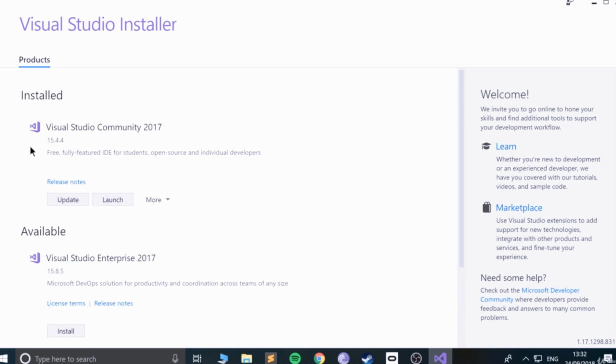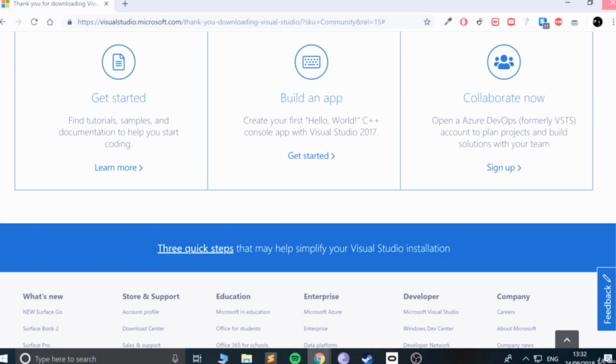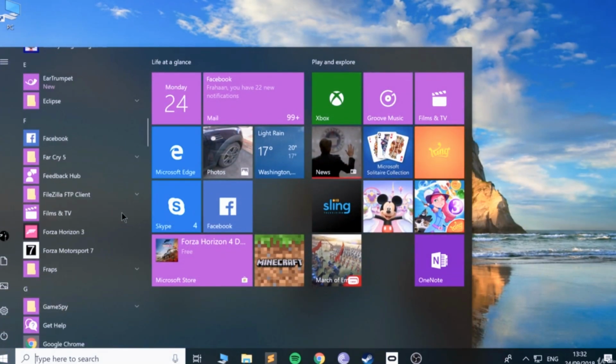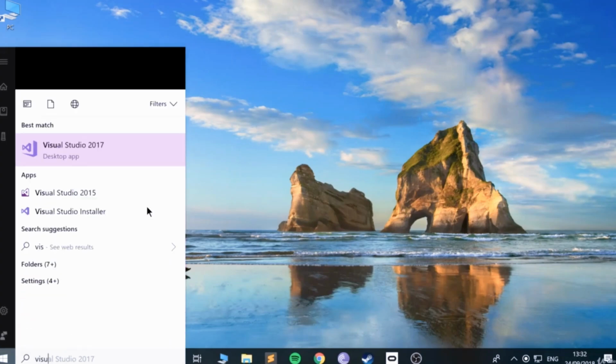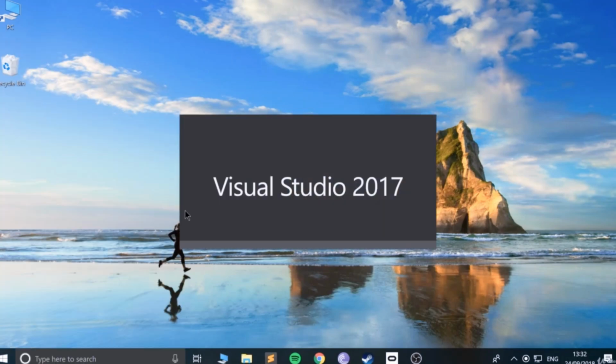You'll get the option to install different components like the Visual Basic aspects. That's the one you want. Once you've done that, you'll be able to launch it up. So if I launch Visual Studio, or if you just search for it, 2017. So let this load up,